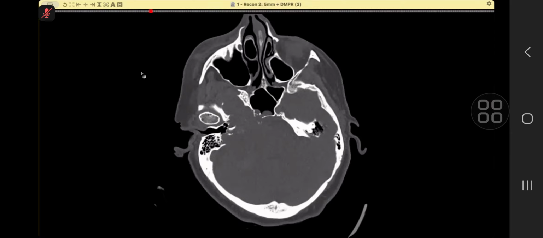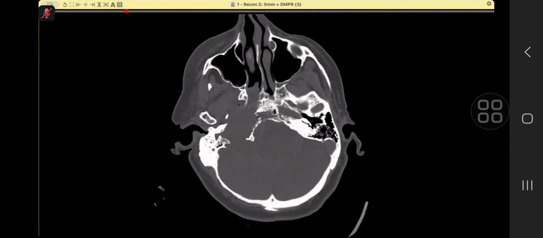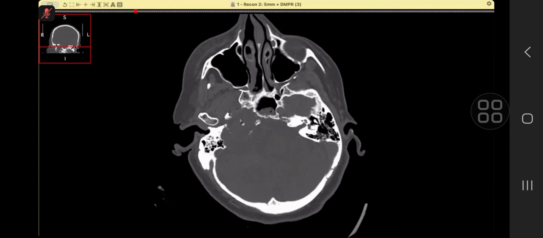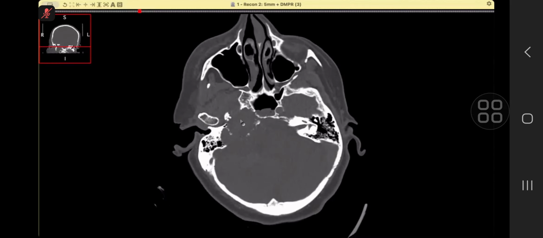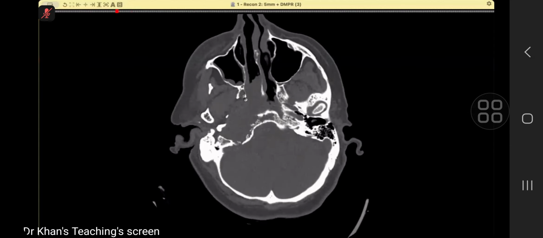Okay, in this bone window, there is destruction in the region of the petrous apex, and there is also involvement of the... Why are you not looking more? Look where the scan takes you. You're just using it as a static image. Okay, sorry. Yeah, its epicenter seems to be at the region of the petrous apex, and it is an aggressive lesion. It is destroying the bones right over here in the region of the petrous apex, and there is invasion